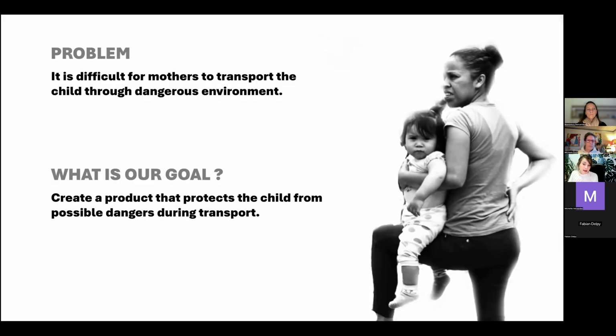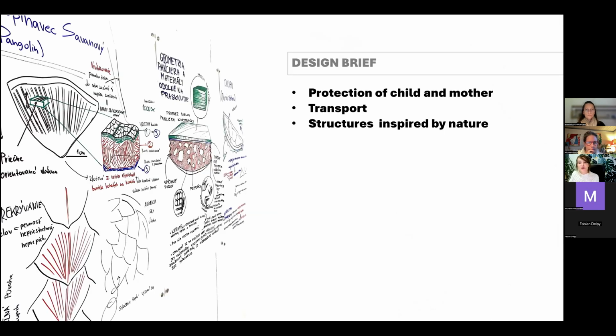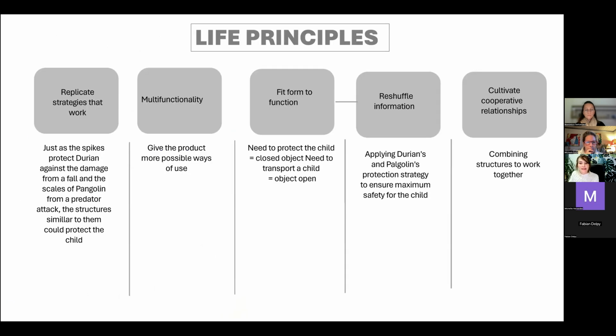So they identified their goal, the problem, and the expected features of the future design. After that, they formulated a design brief, and they tried to select a few of the 26 life principles, which serve as the foundation for the future sustainability of the design. During this process, we discussed the parallels between how organisms in nature thrive based on these principles and how they can ensure sustainability within their future human design concept, taking into account economic, social, and also ecological aspects of